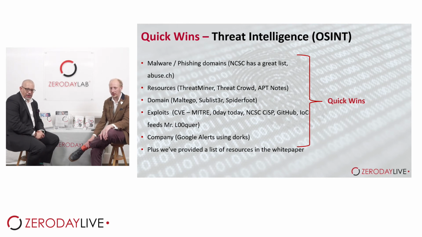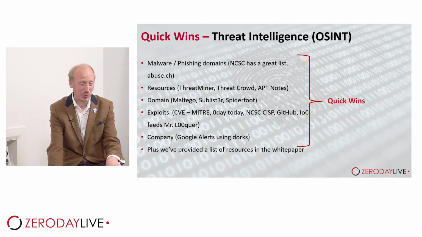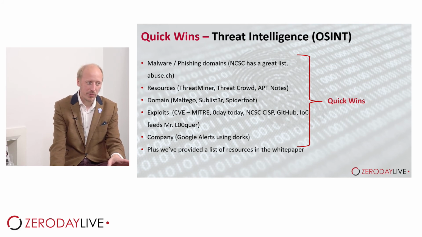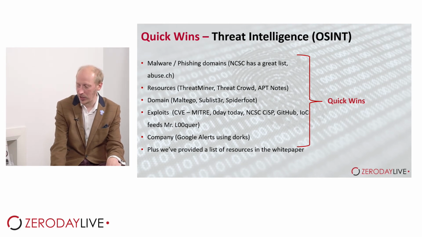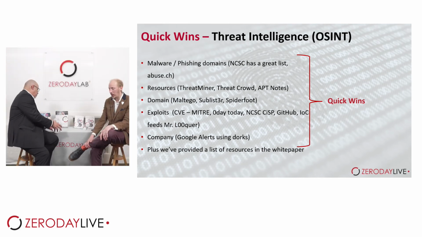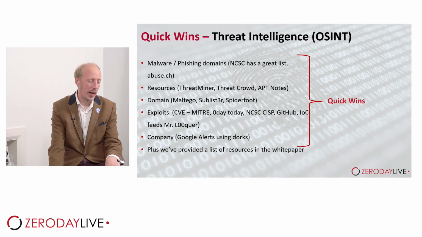Love it. It's brilliant. For exploits, you could look at the CVEs that drop through MITRE. You could look at Zero Day Today to see if any exploits are being sold at the moment. It's not the best tool, but it's one of them. NCSC: if you're not a member of the Cyber Security Information Sharing Partnership, CiSP, I absolutely recommend it. Because we're a member, if you want someone to sponsor you, I'm happy to be one of those people. And GitHub as well: scrape GitHub for any exploits. It's absolutely fantastic, and there are loads of tools to do that.